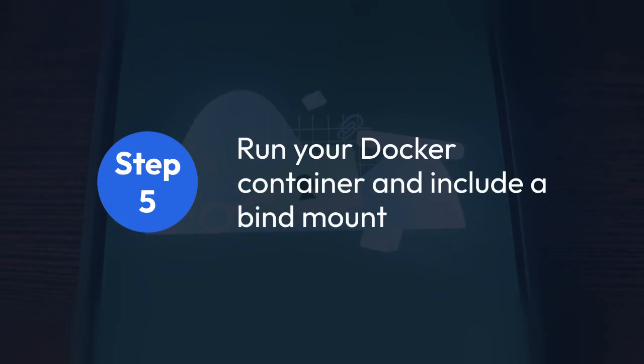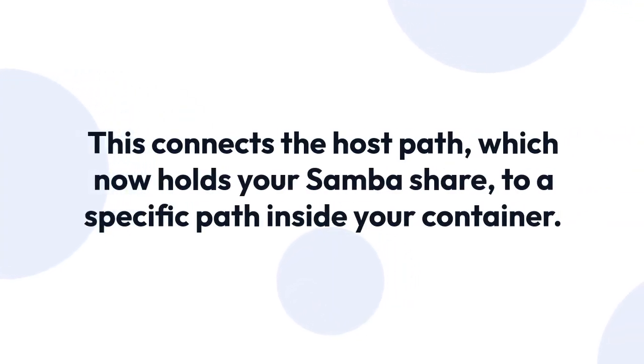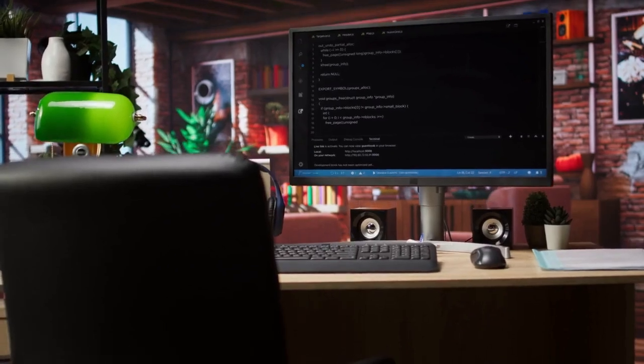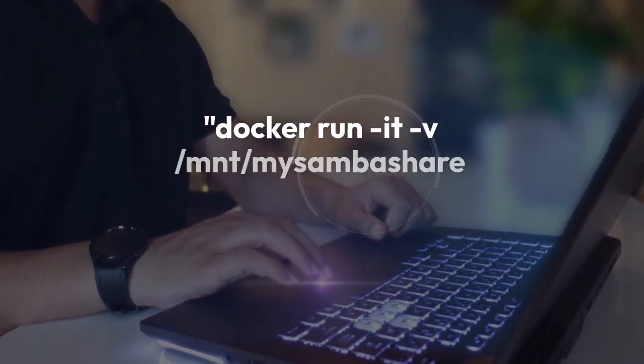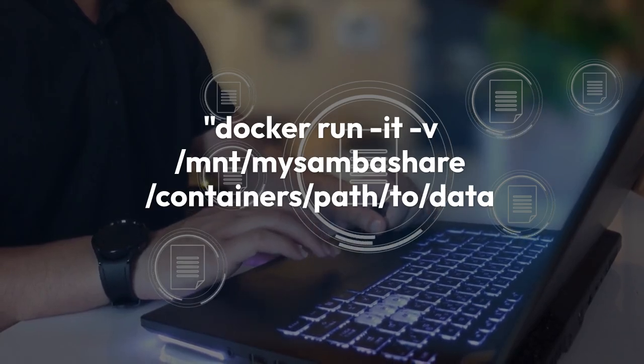Step 5. Now, run your Docker container and include a bind mount. This connects the host path, which now holds your Samba share, to a specific path inside your container. Here is an example command. docker run -it -v /mnt/mysambashare:/container/path/to/data